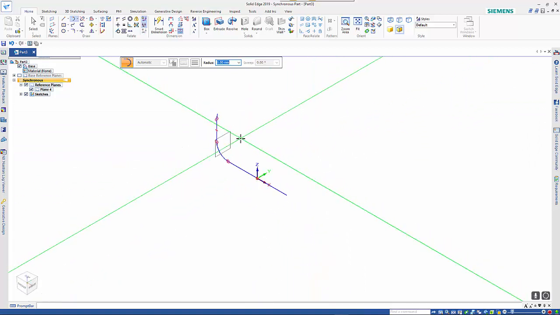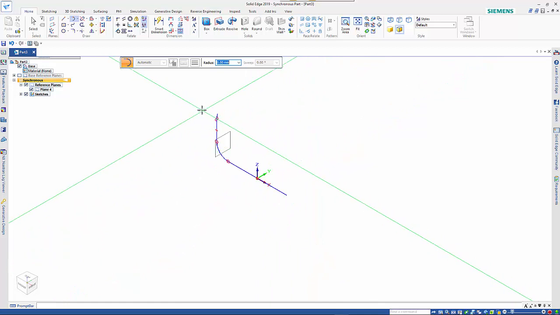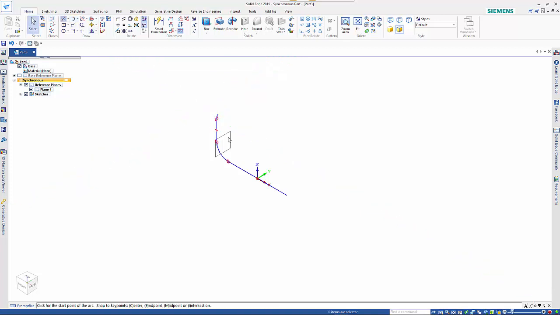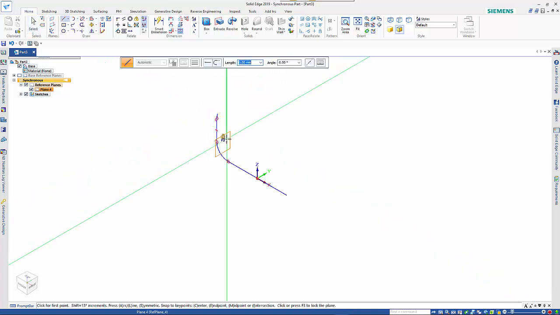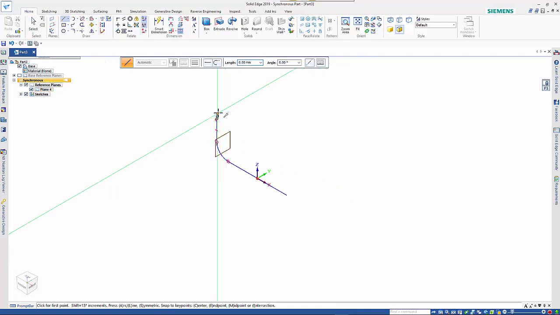back to my isometric view, and then naturally I'll just draw the next bit. So again I'll lock back to that plane there and keep my tangency 257,